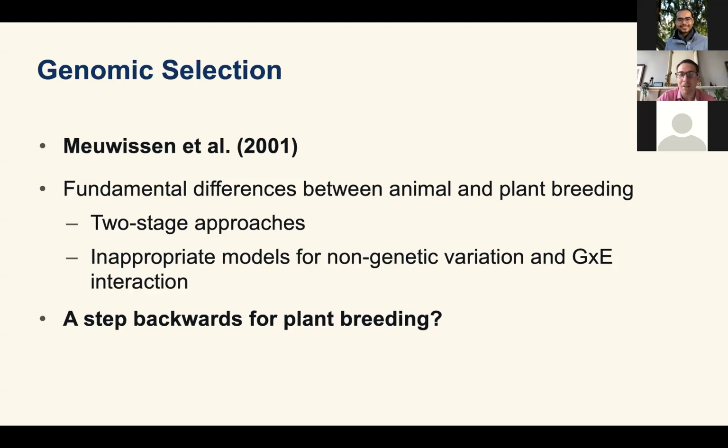I don't actually mean that we shouldn't do it. I absolutely think that we should be using it, but in an appropriate manner in our plant breeding setting, and that we shouldn't forget all the research that has been done over the last 100 years or so to get us to this point, just because genomic selection has come along, especially since the genetic variation is typically not the most substantial in field trials, or at least you can't neglect the amount of non-genetic variation there is as well. So that's my point there.